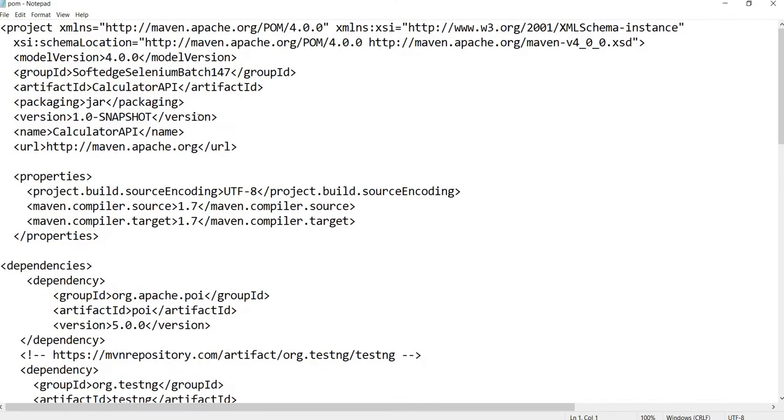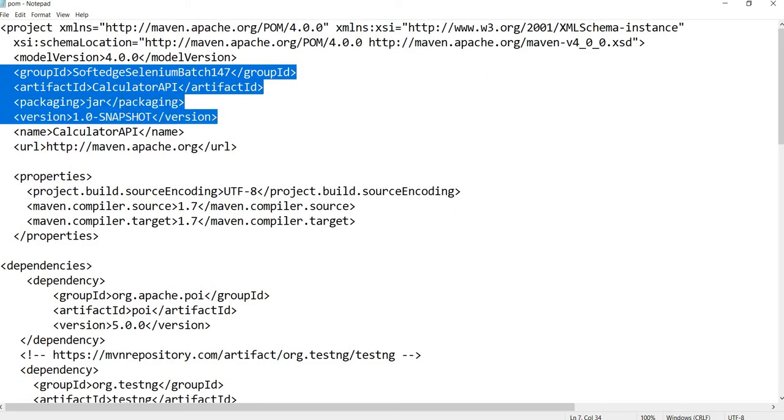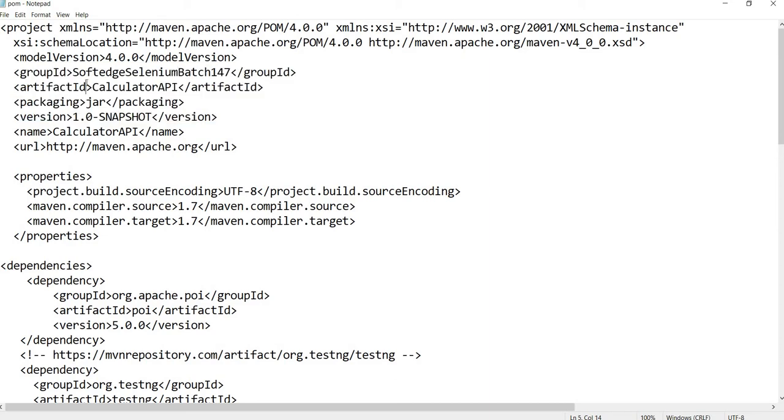So this POM XML is basically the project's definition file. It also implements the project's build life cycle. We will talk about what is build life cycle and what I mean by automate. But first understand this part: this group ID, artifact ID, and this is the information about your project. Every Maven project gets uniquely identified with three parameters: group ID, which usually indicates the owner of the project; artifact ID, which indicates the name of the project; and this is the version.